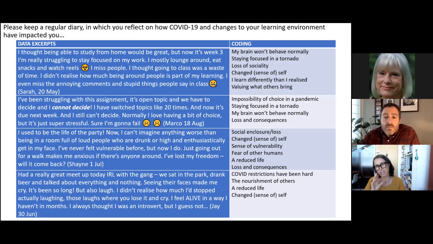And so here I was going, is it changed self or is it changed sense of self? And which way might that go? And might that difference be useful or interesting? And who knows? So I've kind of kept things open. And then after you've done this kind of full coding process, you then go through a process of